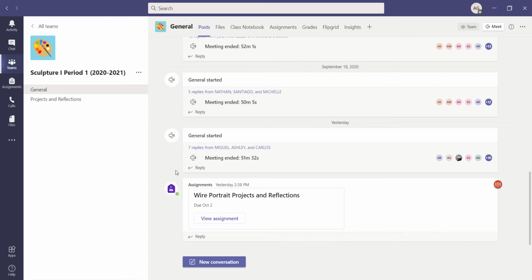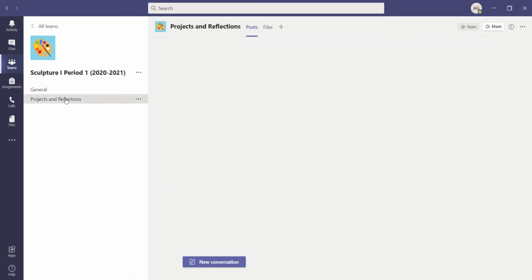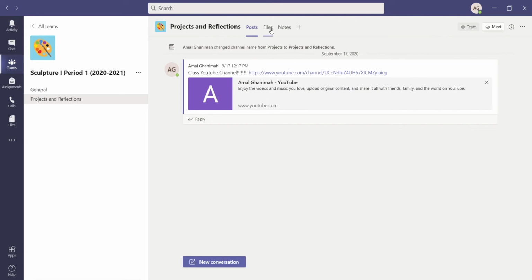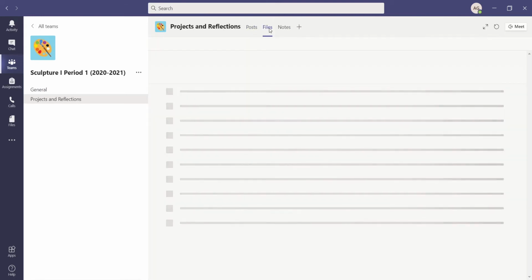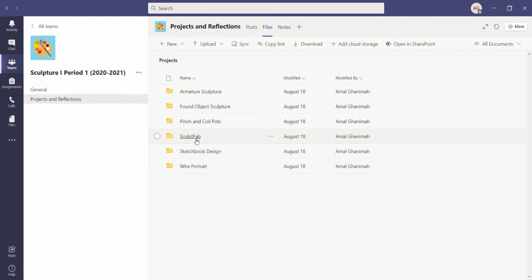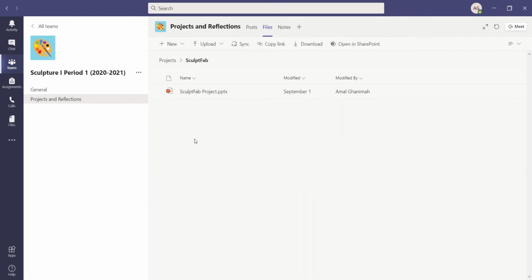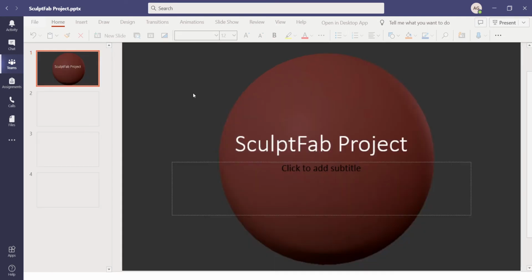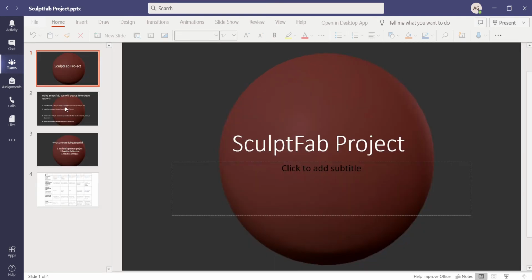This assignment is our Sculptfab final project and reflection. Again, if you miss any presentations, click Projects and Reflections, Files, go to the project that you want to look at, and the PowerPoint that we looked at in class should be there. All right, so for our Sculptfab project,